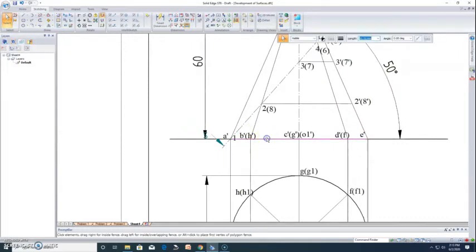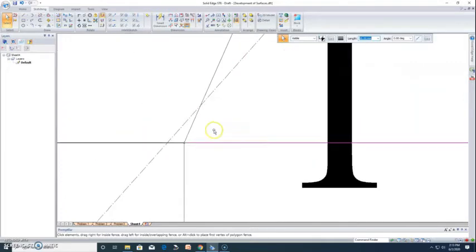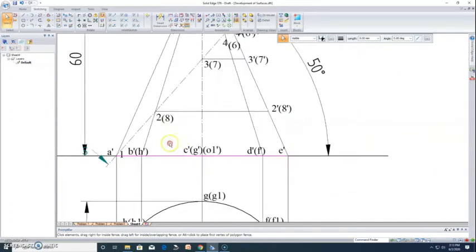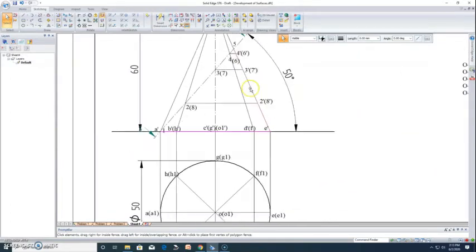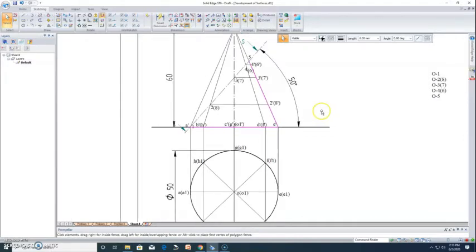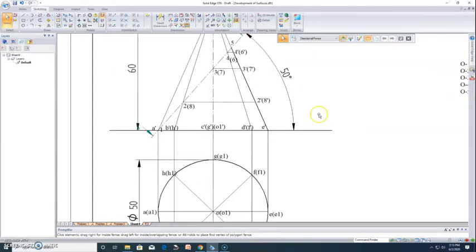So I'll select the base, the small portion here, and a portion of the line here, and make them dark. The rest of the generators should be thin, as they are not the real boundaries of that particular cone. So these will be its true visible edges in the front view.